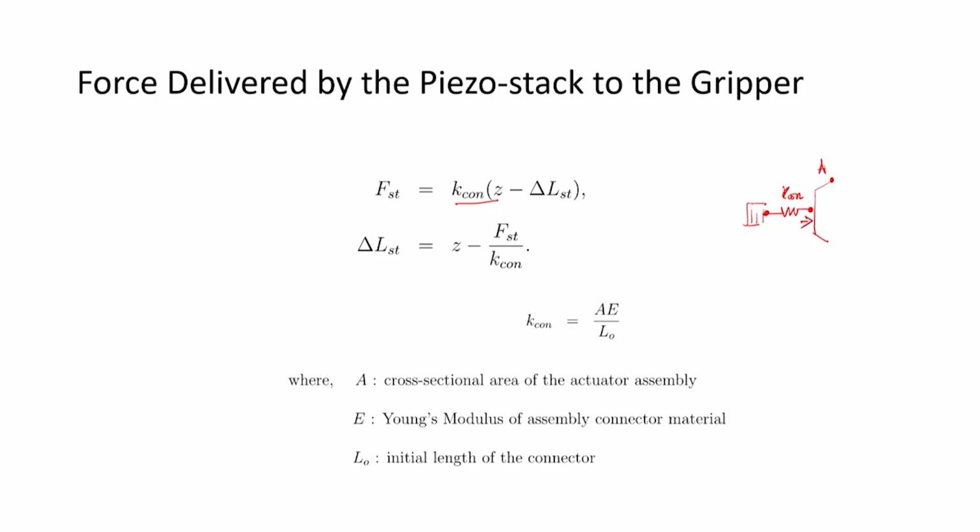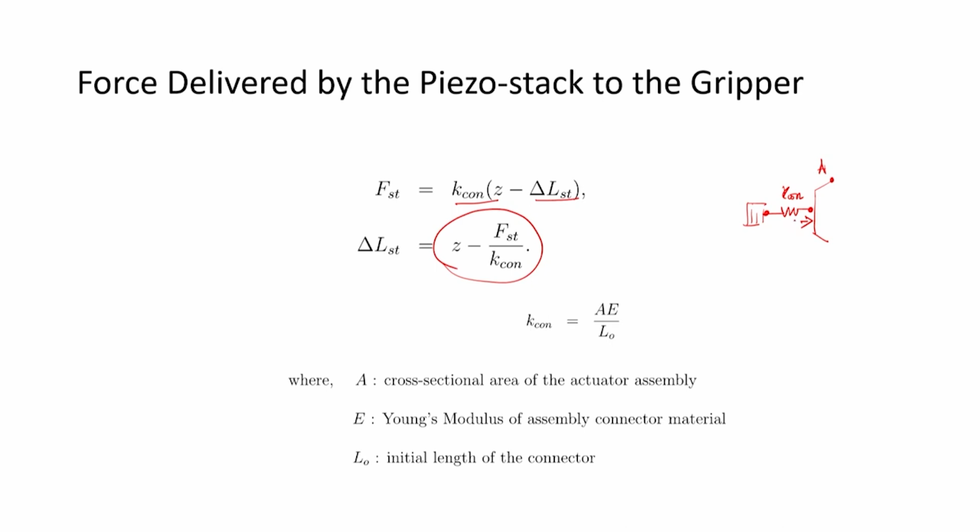So, it is K con times (Z minus delta LST), where this delta LST is coming because of that piezoelectric material. Now, delta LST from this relationship can also be written as Z minus FST by K con,